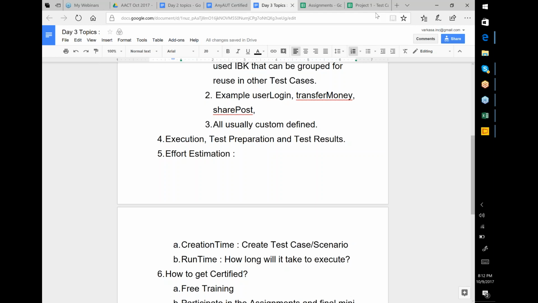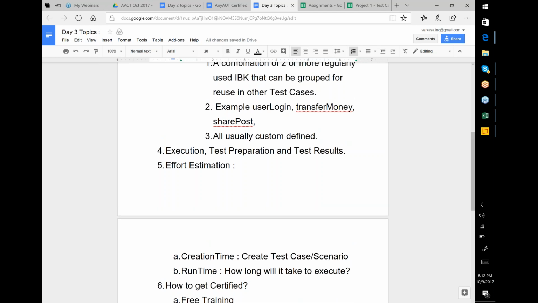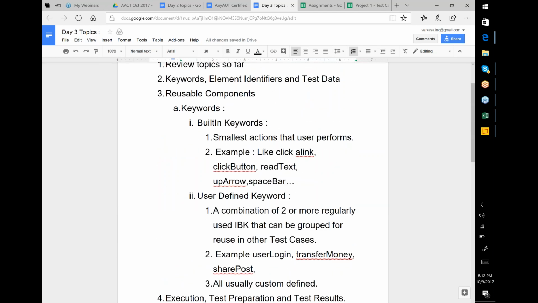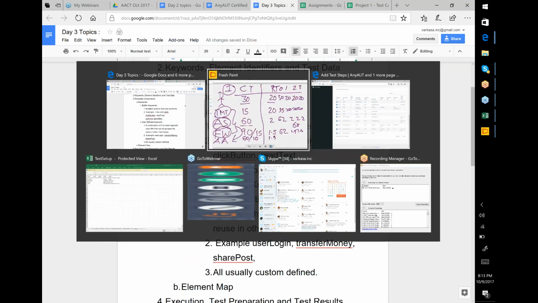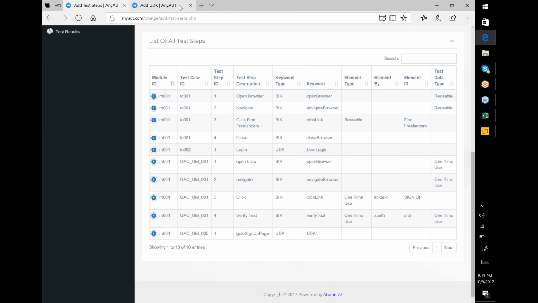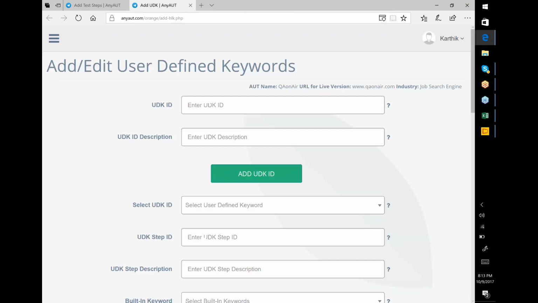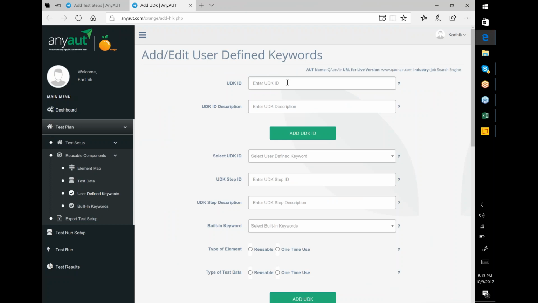All right, excellent. So creation of user-defined keywords and built-in keywords is the first and foremost thing, team. You can combine them and put them into actions. The next one is the element map. What happens is you can look at any application that you have, and let's say you right click, this is zoomed in, you right click here, and right click, come on,